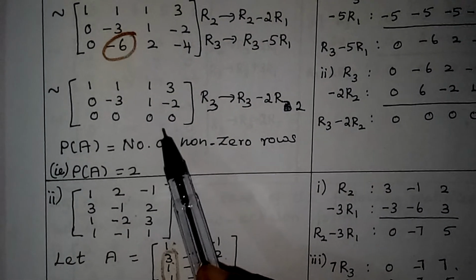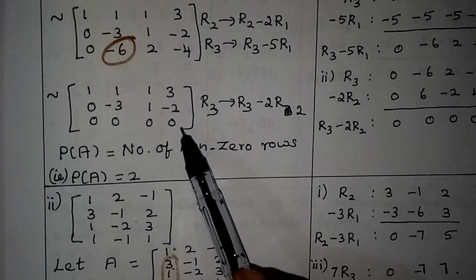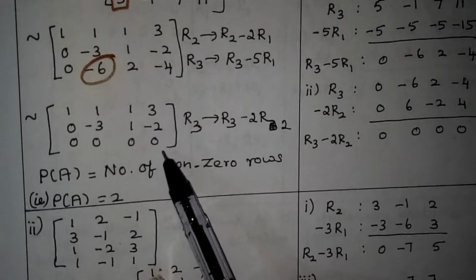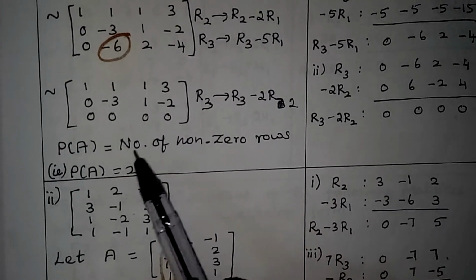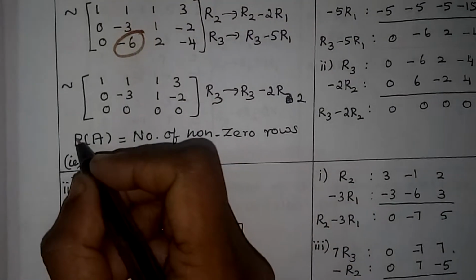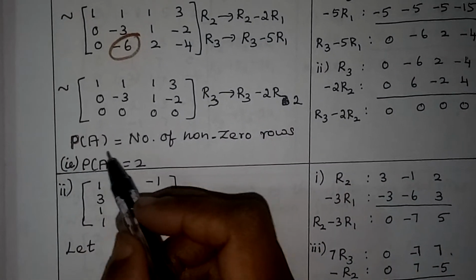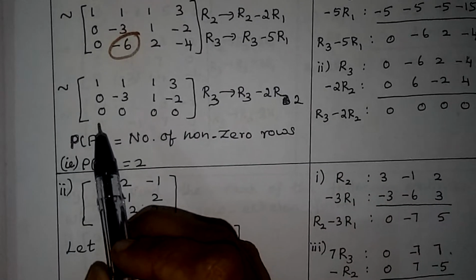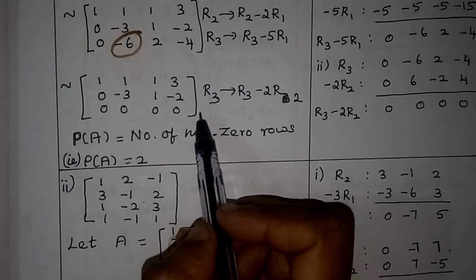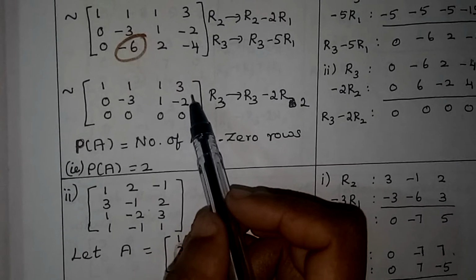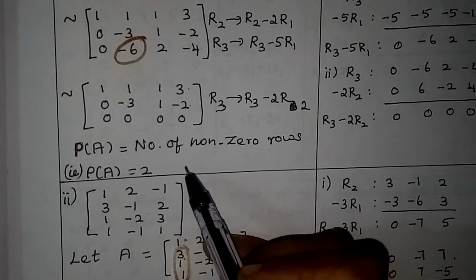So now it is in the echelon form. So now we can find the rank of this matrix. The rank of the given matrix and the rank of this equivalent matrix will be the same. So here how we have to find the rank is the number of non-zero rows. Rank of A is equal to the number of non-zero rows. If all the elements in a row are 0, it is said to be a zero row, isn't it? You should not take the zero row. So the first 2 rows are non-zero rows, so the rank of A is here 2.